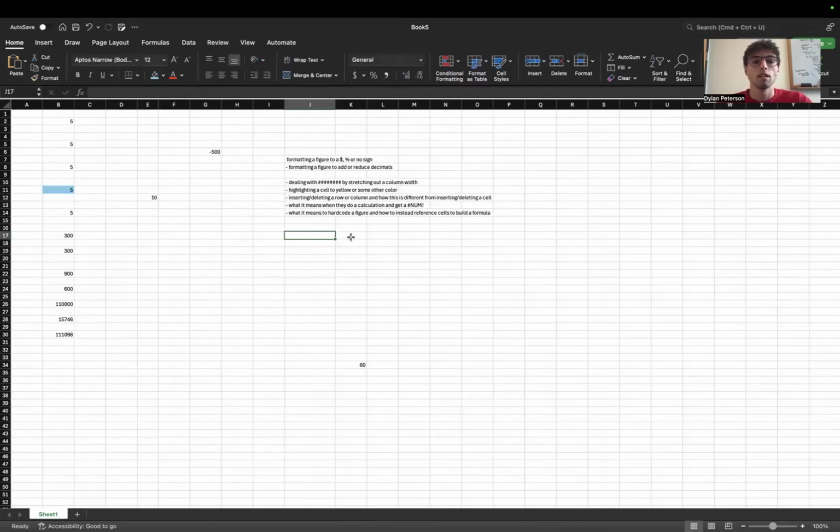And then last but not least, what does it mean to hard code a figure instead of referencing cells? When you hard code a figure, that would be like me taking these two fives and saying, oh, that equals 10. Great. That's a very simple example, but when it comes to more complex numbers, it's kind of like showing your work on paper. So instead of hard coding it like that, where you're just doing subtraction or addition on a calculator,